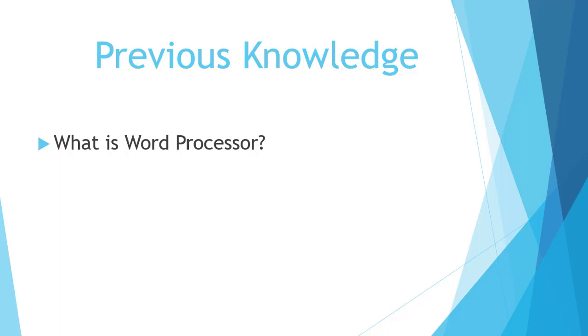Dear students, do you know what is word processor? Yes, word processor is an application that is used to create, edit, format and print a document very easily. Why we use Microsoft Word? Yes students, we use Microsoft Word to type the text and we can make changes in that text, and finally we can produce documents like letters, applications in Microsoft Word 2003 very easily.